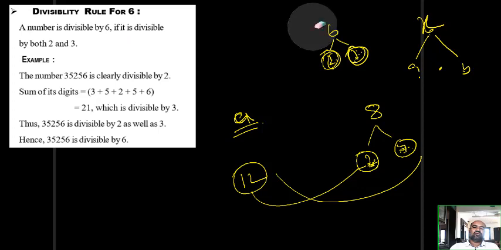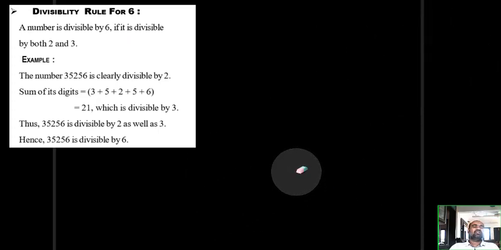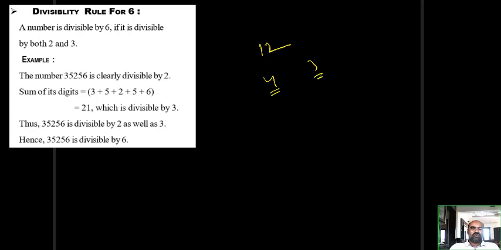So now I explained the divisibility rule of 6. If a number is divisible by 2 as well as 3, then you can say that number is divisible by 6. For 12 also, for example, 4 3s are 12. That number must be divisible by 4 as well as 3. That number is obviously divisible by 4 into 3 because 4 and 3 are co-primes. 15 is given, 3 into 5. That number must be divisible by 3 as well as 5. Then only that number is divisible by 3 into 5.